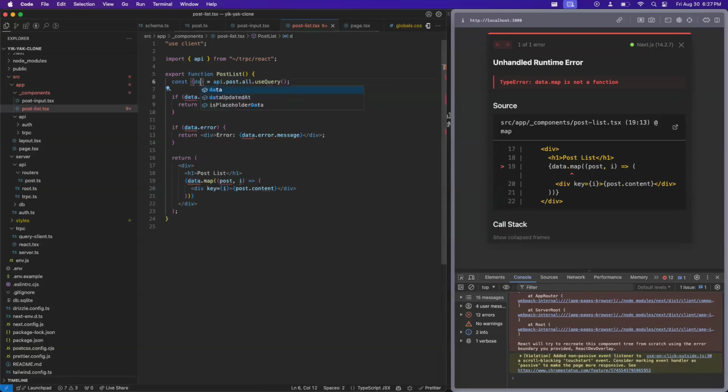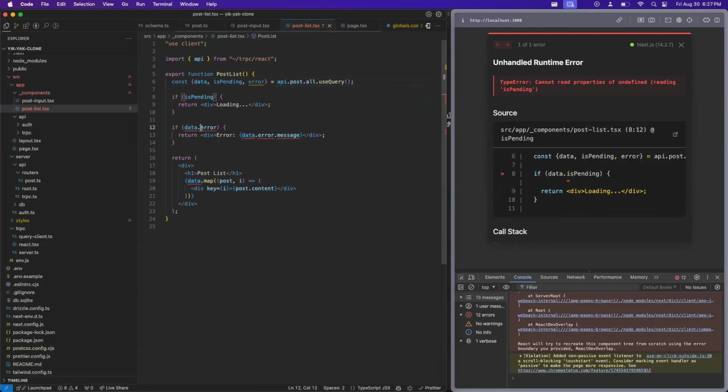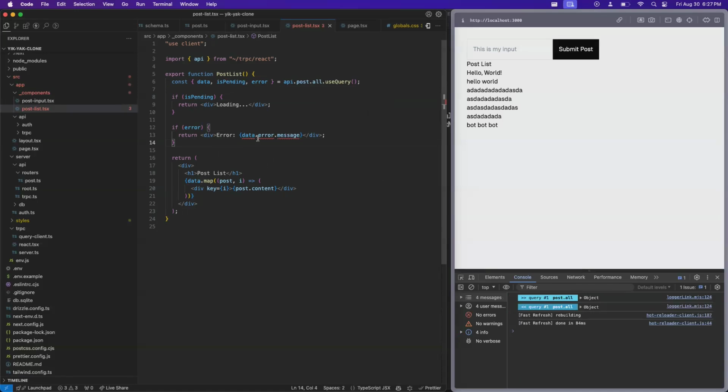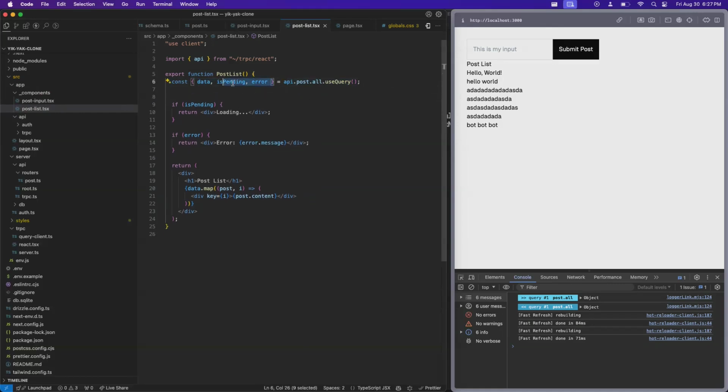Wait. Let me do something complicated here real quick. I'll explain what I'm doing right now. It's a term called destructuring. Some programming languages have this, but you'll notice that in JavaScript, objects have different properties. If I want to immediately access those fields instead of doing data dot this, I can just immediately destructure it. So the alternative to destructuring directly from the return type here is I could rename this something like